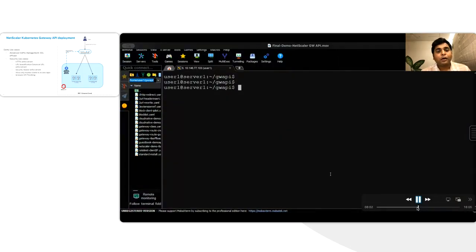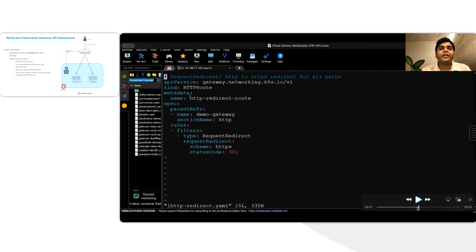Now let's go into the security use cases. First is the HTTP to HTTPS redirect, that is, HTTPS enforcement. As I was mentioning earlier, Gateway API provides a default option for this type of configuration, which is nothing but HTTP to HTTPS enforcement. So how would it look in the file?